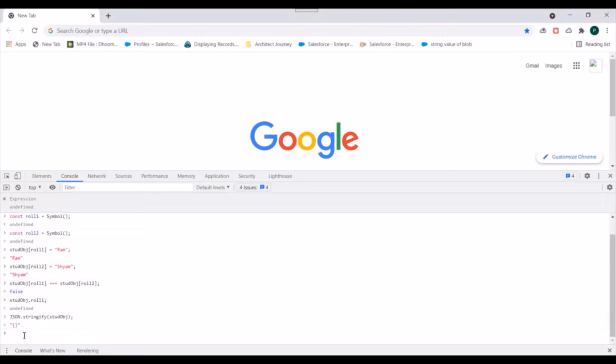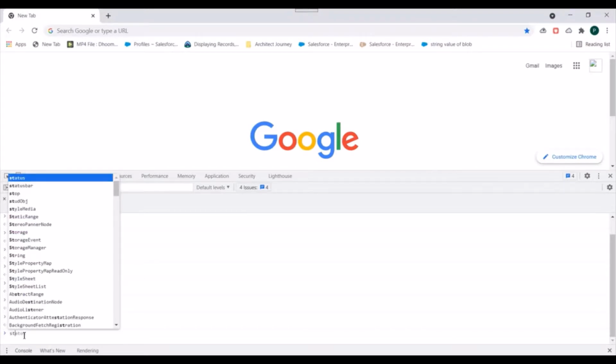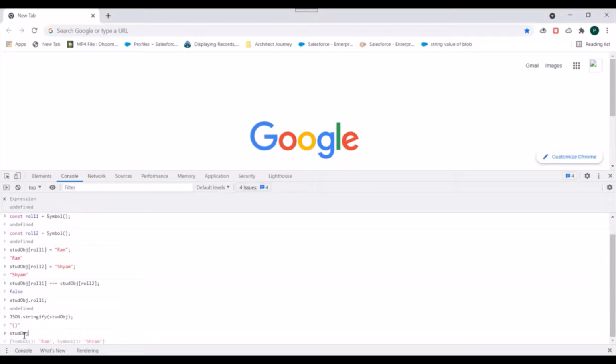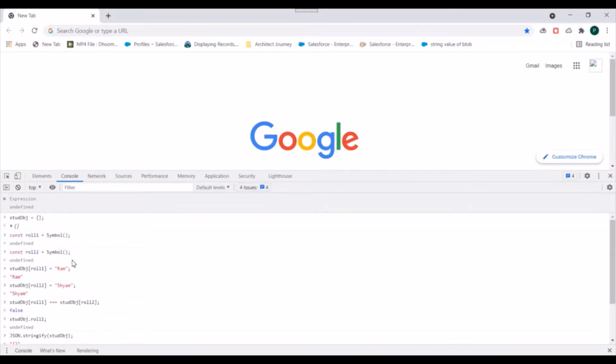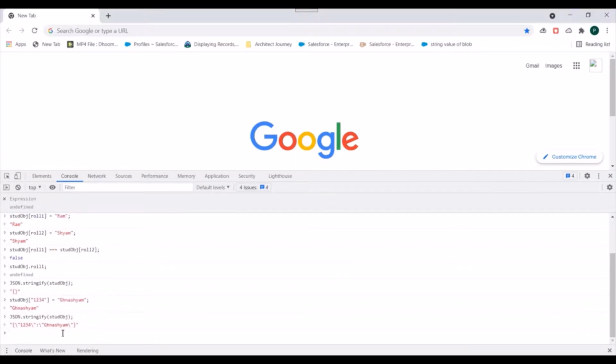Okay, so let's say we add one more key, and this time without using symbol, let's say 1 2 3 4, and we name it as Ghanshyam. Okay, so we have added one more key value to our object. Now if you try to use this JSON.stringify, you can see you are getting one value, which key you have not generated using this symbol function, correct? So that's what I wanted to show you. Similar way, in for in loop also, these keys or symbols will not be visible to you. Okay,